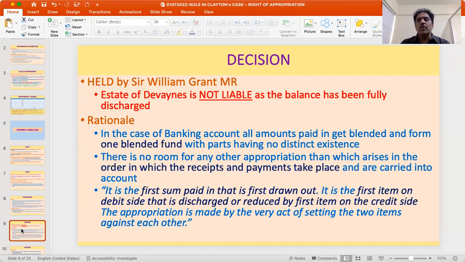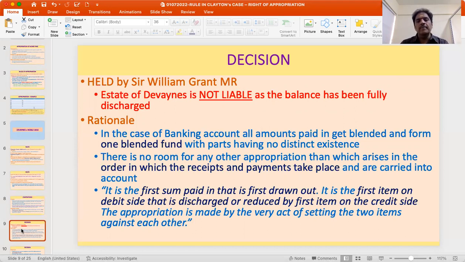So here, what is the rationale that has been used and what is the logic that has been given by the court? It said that in case of a banking account, all the amounts that are paid into the account will get blended and will form one blended fund. So you can't distinguish between this money is something that has been received on this day, this money is something which is received on the next day, etc. So that way you cannot distinguish. So it's all a whole